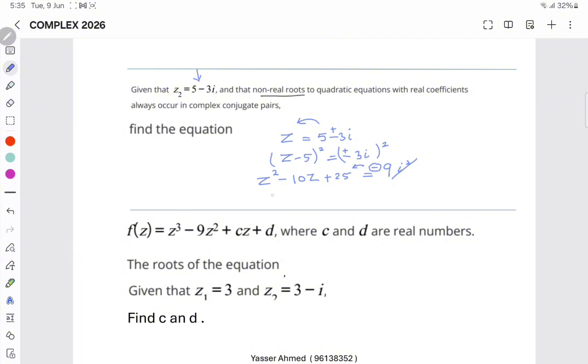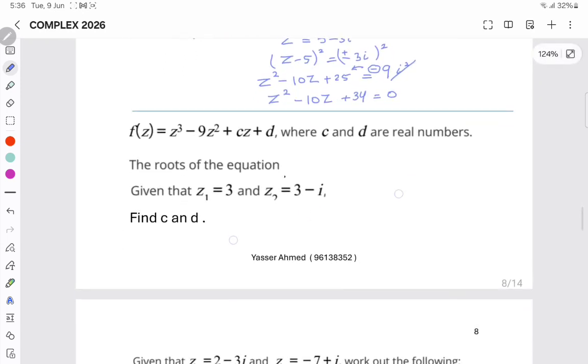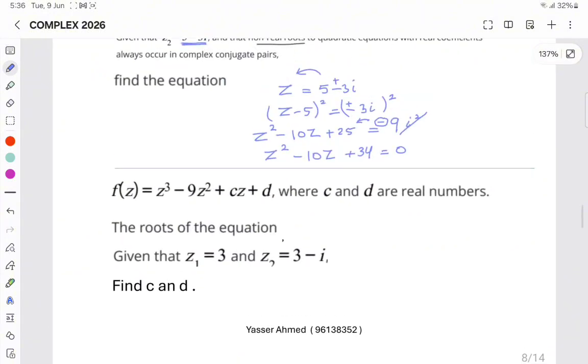Shifting that to other side to write it in standard form. So z squared minus 10z, 25 plus 9, it will be 34. All of that is equal to 0. That is my quadratic equation. So here the complex root is given, and as you know, the complex roots come in pairs. And he asked to construct the equation. We just do that. Now in the next question, he said f(z) is equal z cubed minus 9z squared plus